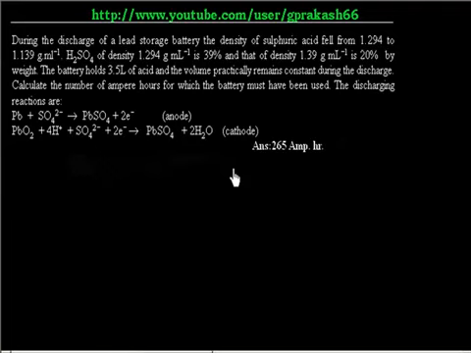So now this problem, it's a tricky problem. This says we have H2SO4 whose initial density is 1.294 and the final density is 1.139. So you have H2SO4 that is initially highly dense, and finally it is going to H2SO4 that is low density. So this has a high density and this has a low density.